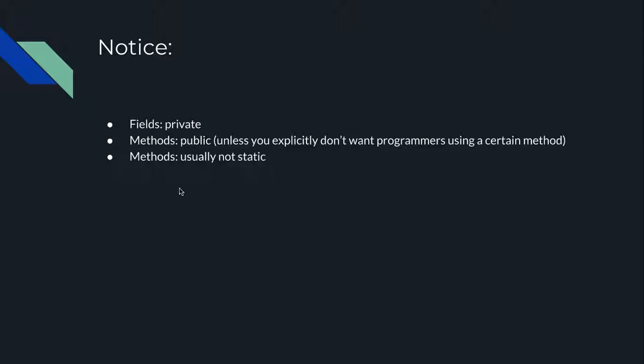So this is just what we went over. Some of the things that we notice is that all of the fields are most likely going to be private, and the majority of the methods are going to be public, and the majority of the methods in a class will not be static, especially if you want an object to be able to access that method. But we'll go over more of that